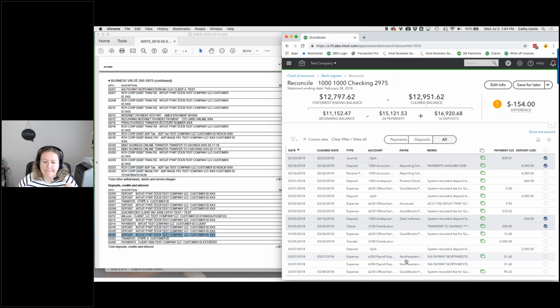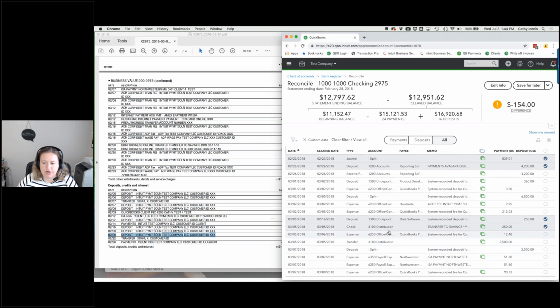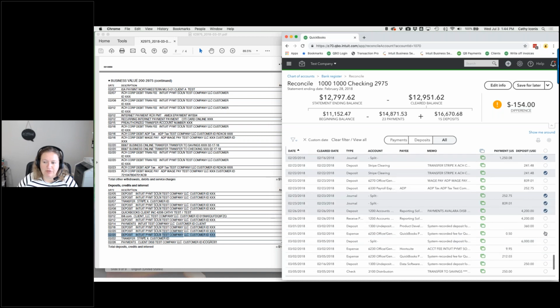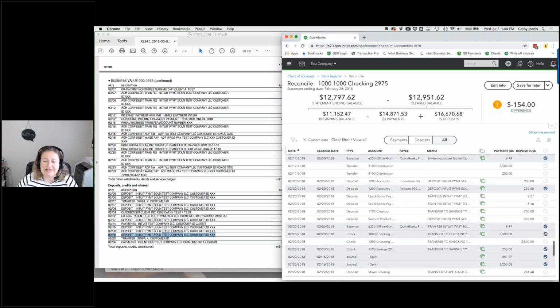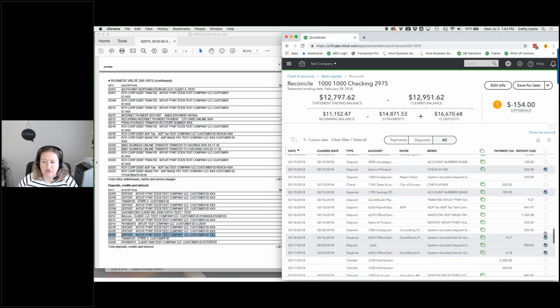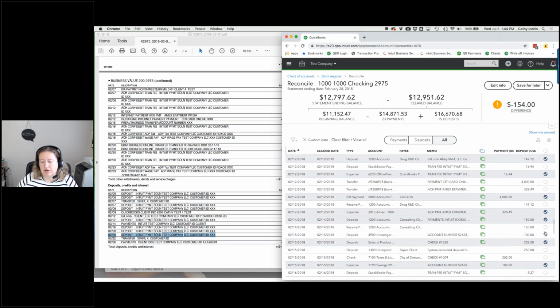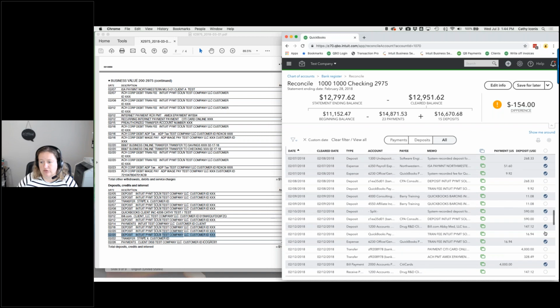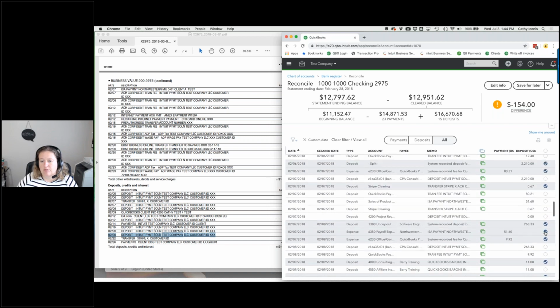But they're not matched, right? So like, that doesn't get me my 154. I don't even see a transaction that is 154 either. Like at that point, I could just maybe check it off, right? But no, and that amount is